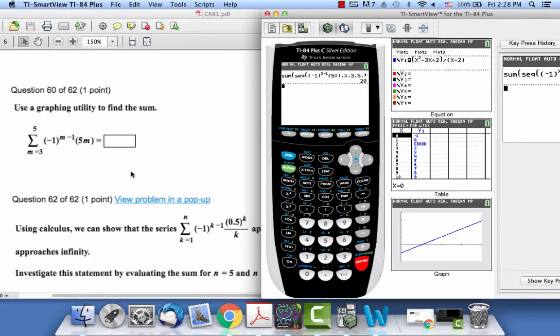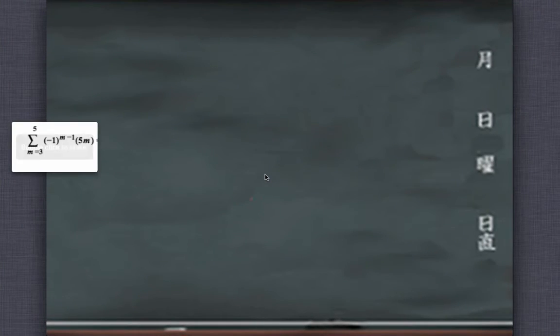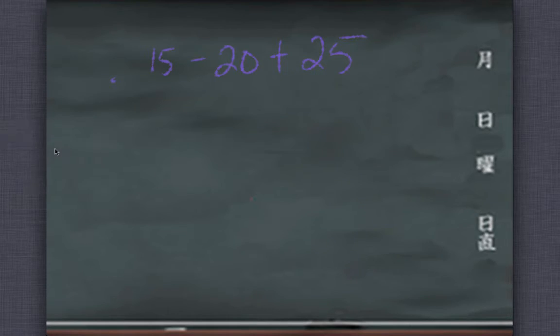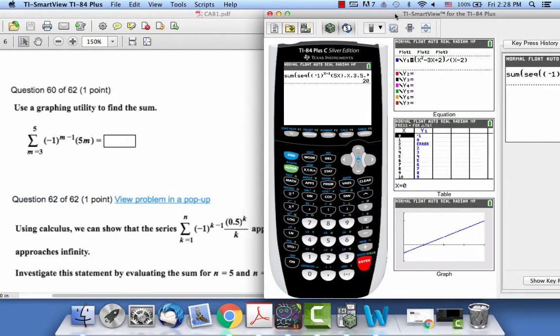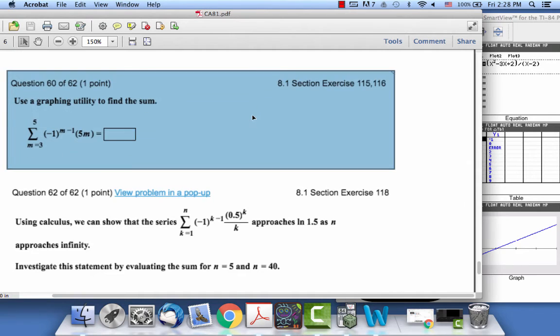And then we would have put in 4. So positive 1 times 15, and then minus 20 plus 25, which is where the 20 comes from. Okay, so now that you've seen how to put it in the calculator,